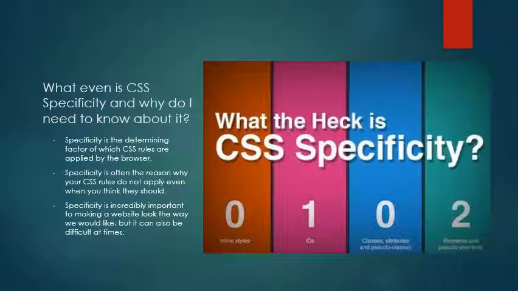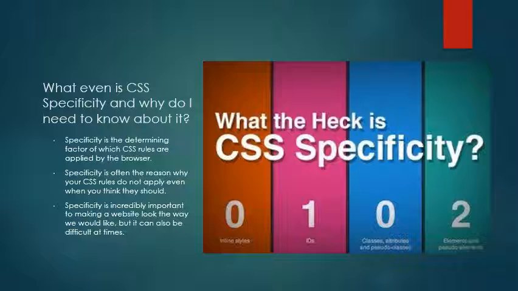What even is CSS Specificity, and why do I need to know about it? Specificity is the determining factor of which CSS rules are applied by the browser. Specificity is likely the reason why your CSS rules don't apply even when you think that they should. Specificity is incredibly important to making a website look the way we would like, but it can also be difficult at times. Now, determining which CSS rules are applied by the browser is up to us by understanding specificity and